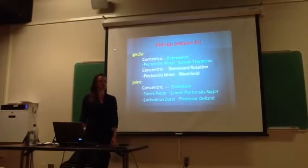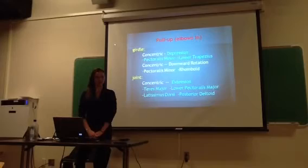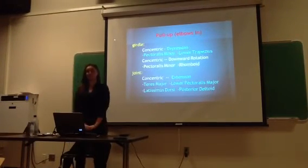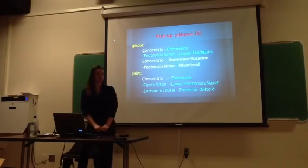Changes the motion. But you have to know the muscles anyway, so it should be easy. Just tack that one on. If you can identify the motion and the contraction type, and then you know